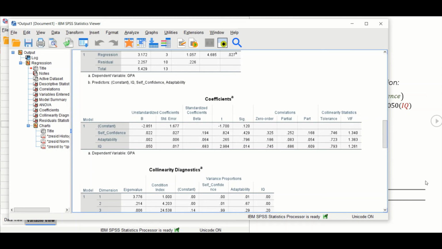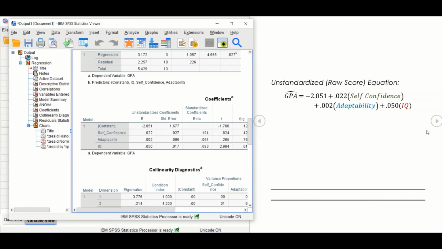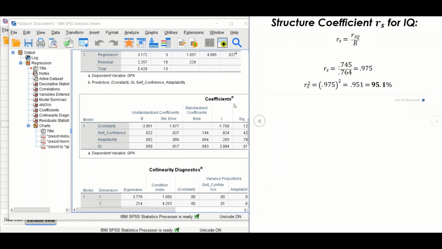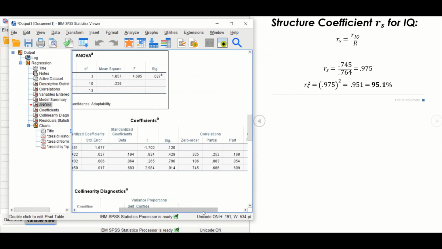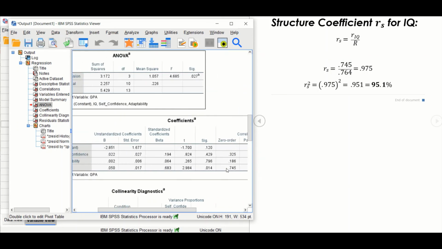Finally, we can calculate our structure coefficients to determine which of our independent variables contributes most to the model. So for example, if we wanted to calculate, let's say, the structure coefficient for IQ, we would use this formula here. R sub IQ is the zero order coefficient or correlation for IQ, and R is the correlation coefficient for the full model. We can find the zero order correlations in the coefficient table